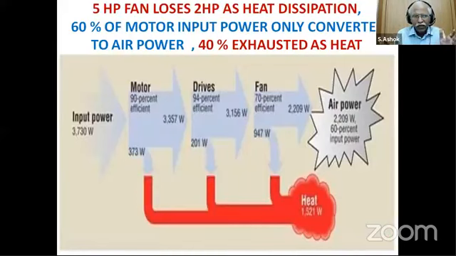If you see a typical 5 HP AHU motor and blower, only almost 60% of the motor input is converted to air power. That is, 40% is exhausted as heat. Say 3.73 kilowatt as the input, motor efficiency of 90%, drive efficiency around 95%, fan efficiency around 70%, automatically delivers an output efficiency of only 60% as the air power. Let us concentrate in depth on which areas we can try to improve the efficiency, on the generation side and on the distribution side.